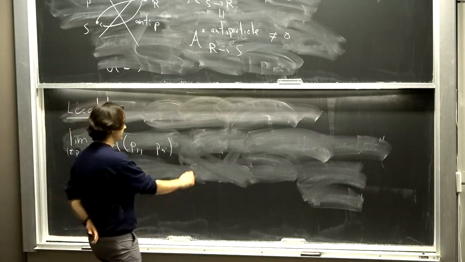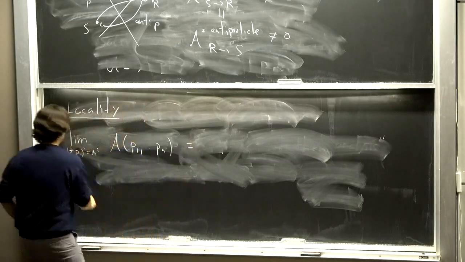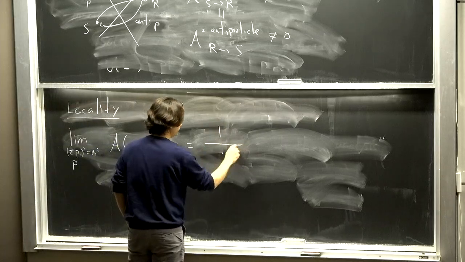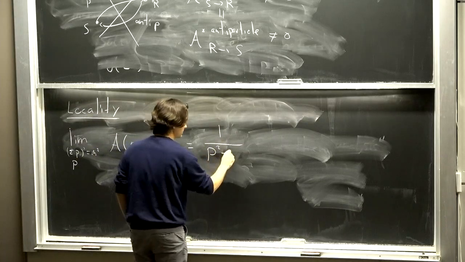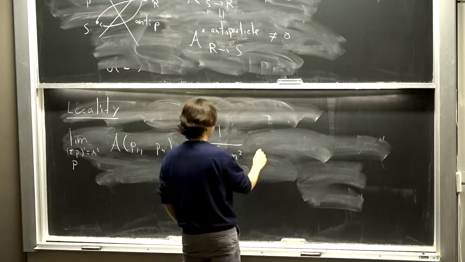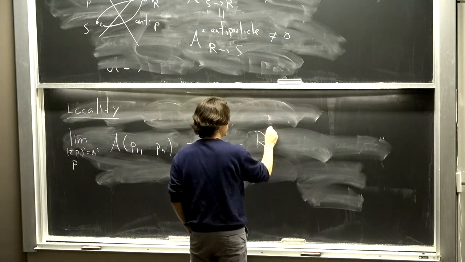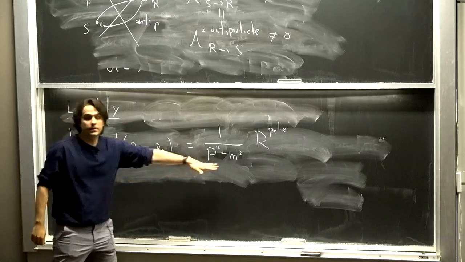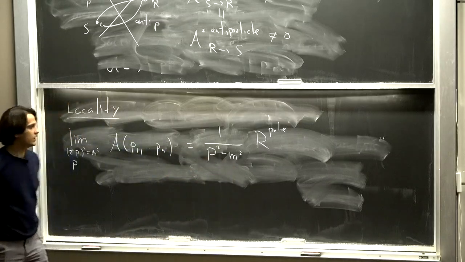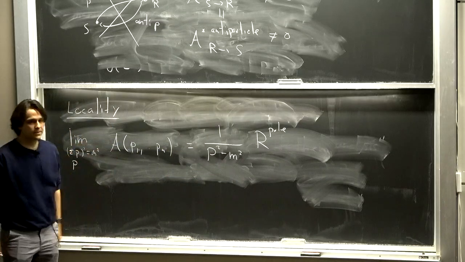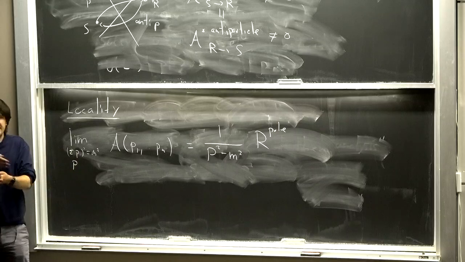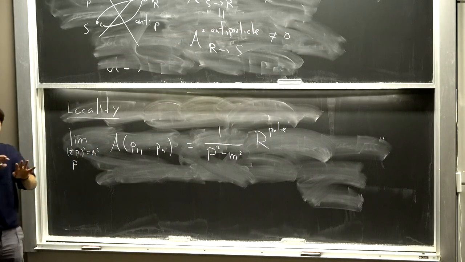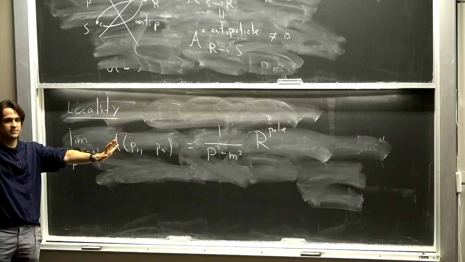So for instance, the simplest kind of singularity, let me call this capital P. It can have a pole, with some residue, let me just call it R pole. But this thing has to blow up. Why does the amplitude have to blow up? It means that a particle in this scattering process is going on shell in the intermediate state. This means that we actually have two separate scattering processes.